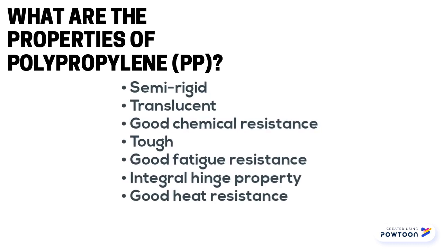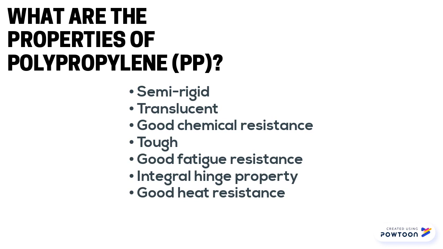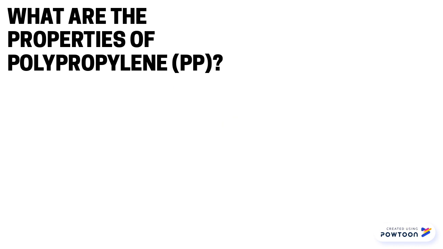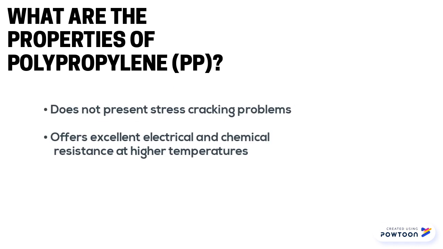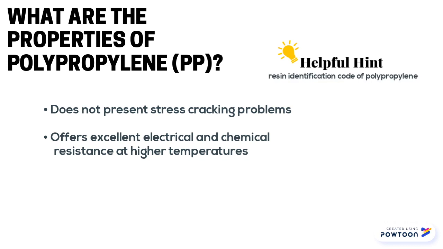PP is semi-rigid, translucent, tough, and has good chemical resistance, good fatigue resistance, integral hinge property, and good heat resistance. PP does not present stress cracking problems and offers excellent electrical and chemical resistance at higher temperatures. Here is a helpful hint. An easy way to tell if something is made of polypropylene is to look for its resin identification code, which